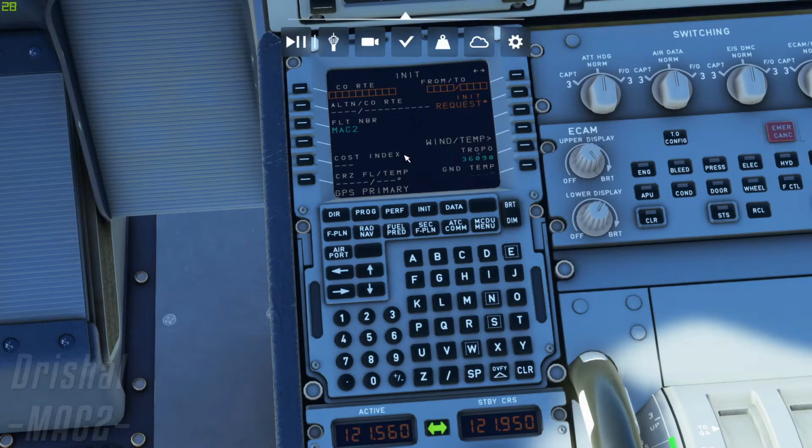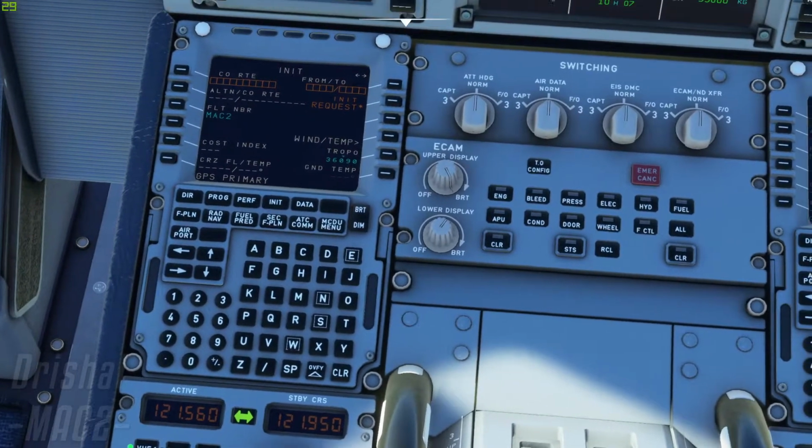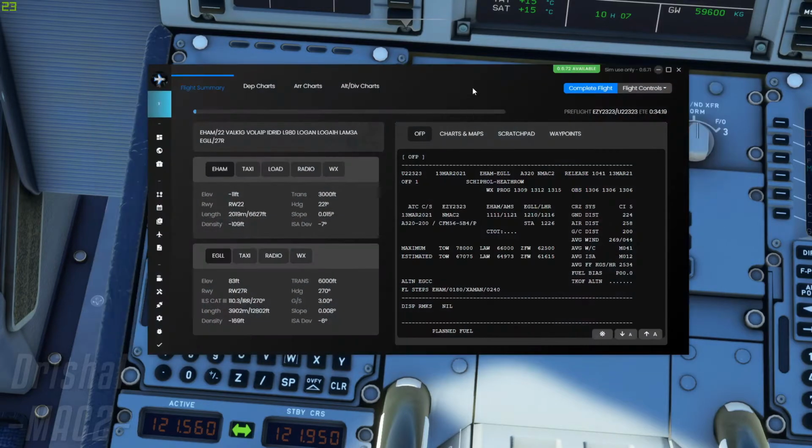So now we can perform our initial setup. So this is company route. A company might have a code, and you can put the company route in, and it sorts the route for you, because it's a route that they fly often. But we can't really use that in the sim at the moment, I don't believe. You might be able to save some, I'm not sure. But anyway, so we have our from/to. This is the departure airport, and this is our arrival airport. So let's just set this up here. Let's bring Sim Toolkit Pro back